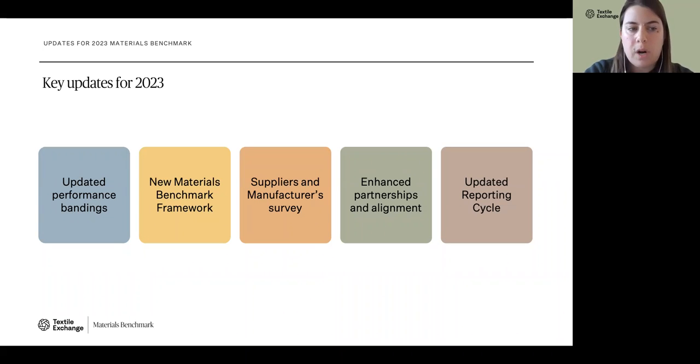We first started to work on the alignment last year, and timing for an alignment between the materials benchmark and the BRMs, the brand and retail module, in 2023 made sense because both surveys and questions were being revised. We also identified 7 companies that reported in both tools. So that was the key motivation for us to work together to align as many questions as possible, as well as language and terminology. Given the fact that the 2 scopes are different and will remain different, we want to align as much as possible.